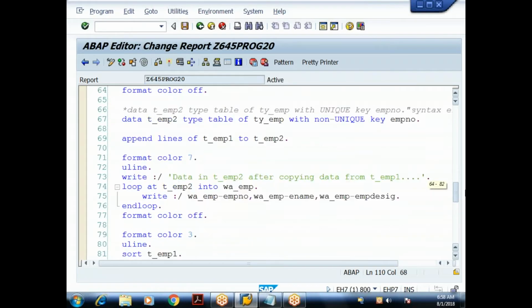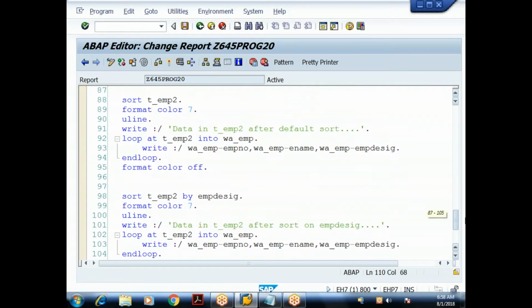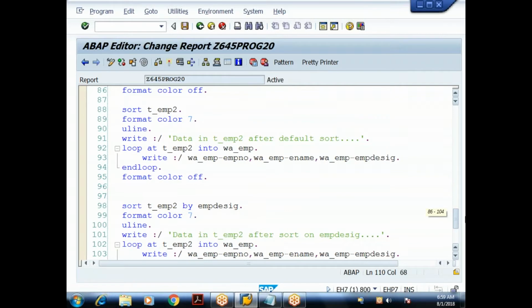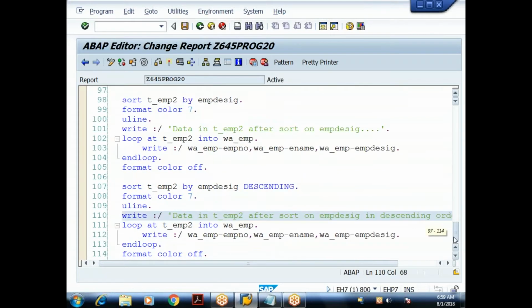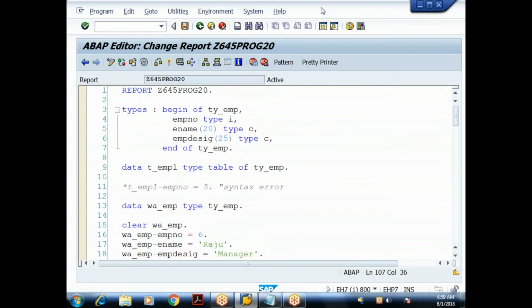Then, when you are using the sort statement, on which field is it going to sort if you don't specify the sorting field? First, it checks whether the internal table contains any key field. If it contains, it is going to sort on the key field. If it doesn't have a key field, it will try to sort on the first character field. Okay, if there are no character fields, it is going to sort on what? First field of the internal table. And by default, the sorting order is what? Ascending order. If you want to sort in descending order, we have to use the addition what? Descending. Okay, so this is the concept related to this example. Any questions, please ask me.